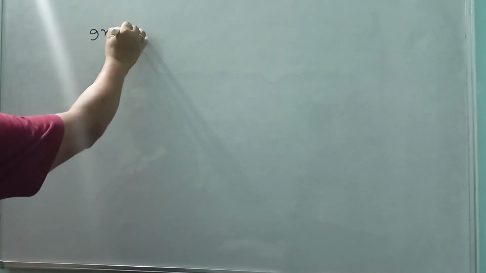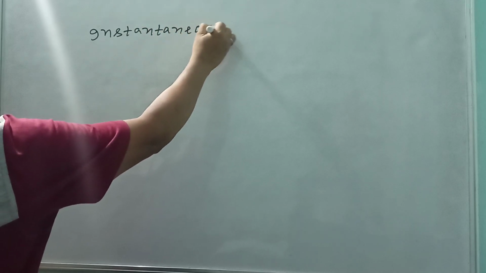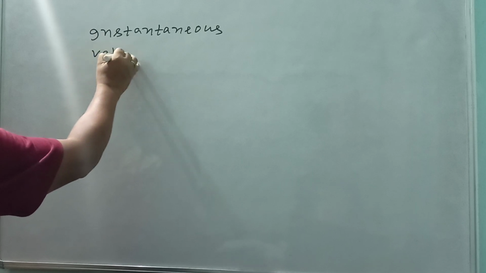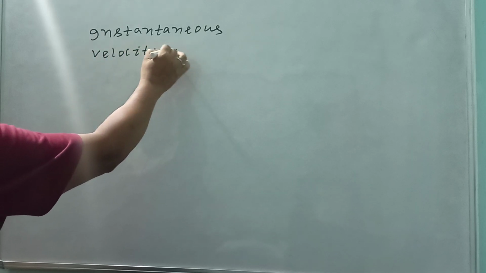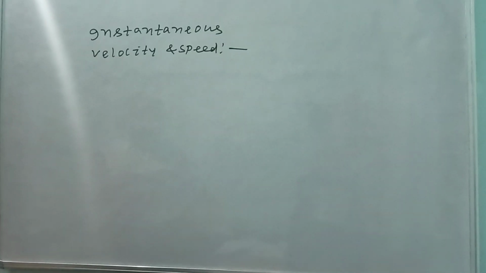Instantaneous velocity and speed. What is this? Instantaneous. What is the meaning of this? Instant. In the earlier video, you know average velocity means how fast an object